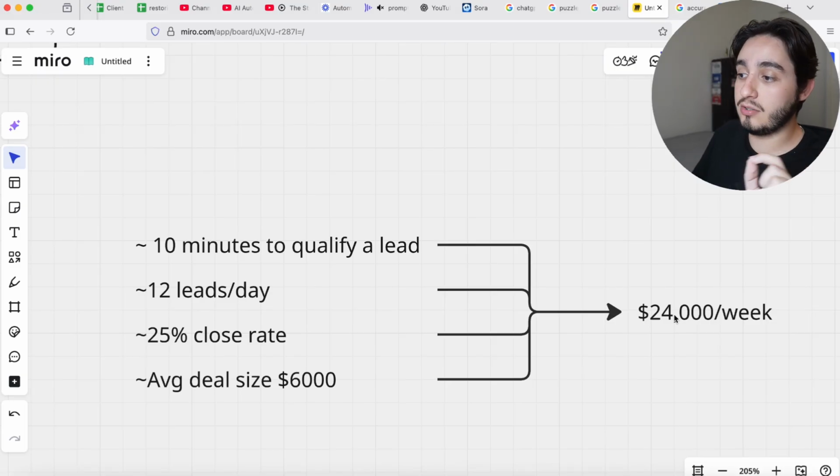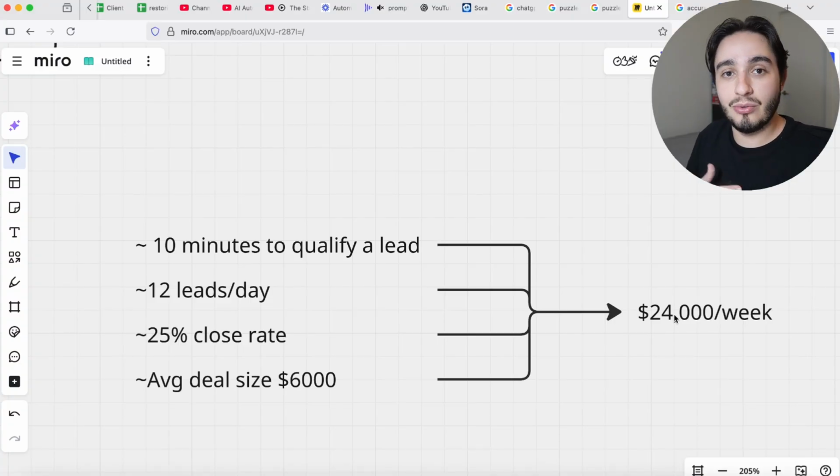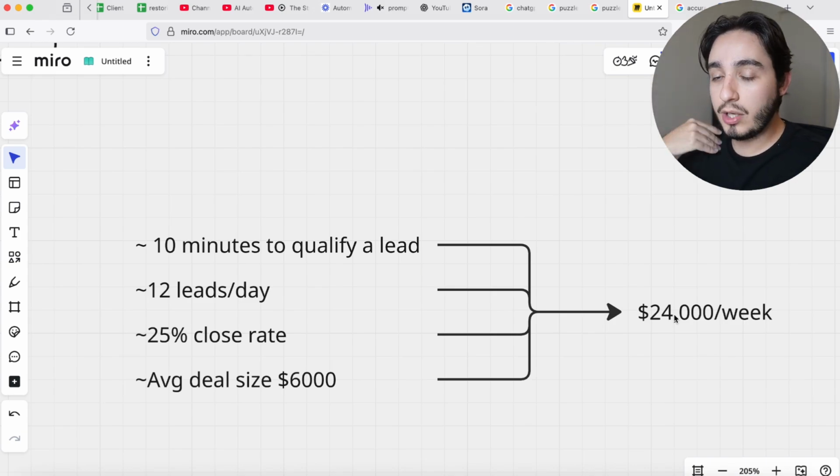And these $24,000 a week are in potential earnings that you're just leaving out of the table, assuming that each discovery call takes about 30 minutes. Now, those are ridiculous numbers, and I just wanted to put them over here because this is exactly what's happening in businesses right away. When you implement a new process, you're just taking away what that time could be used